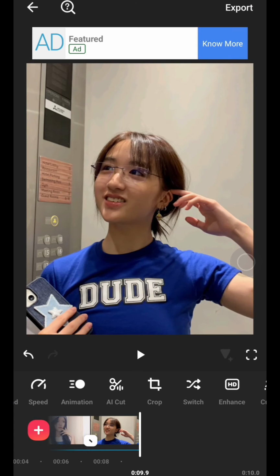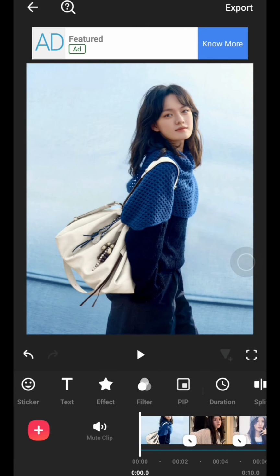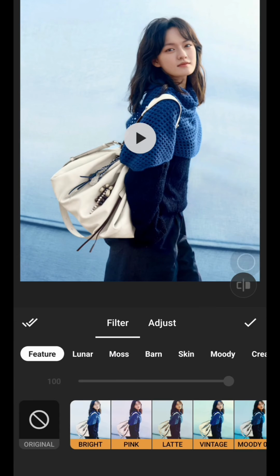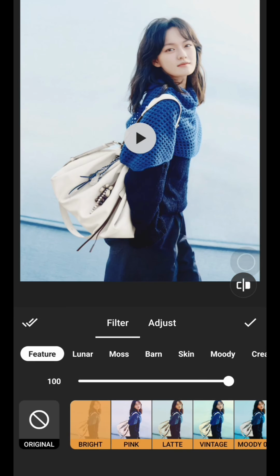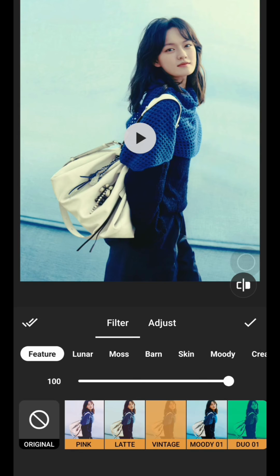Next, let's add a filter. Go to filters and browse the options and choose one that matches your vibe. For example, warm tones for a cozy feel or cooler tones for a moody look and more. I will choose this one and then apply the same filter to all clips so your video looks consistent. Just tap this icon